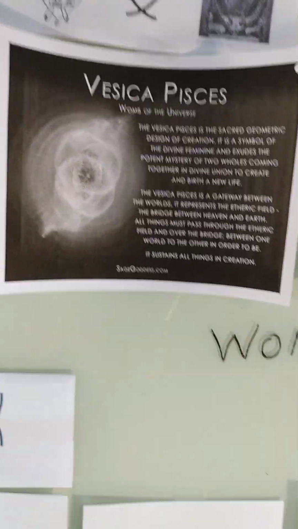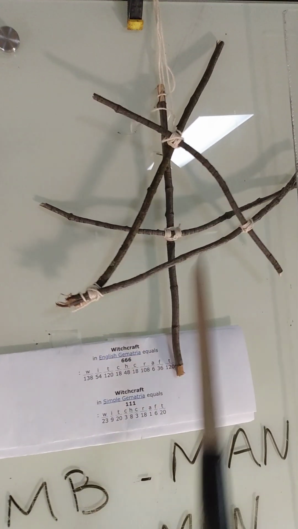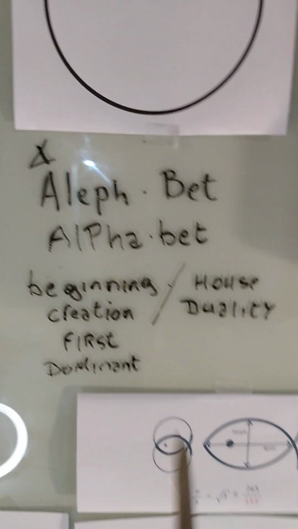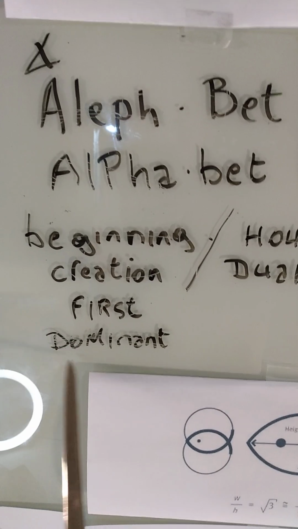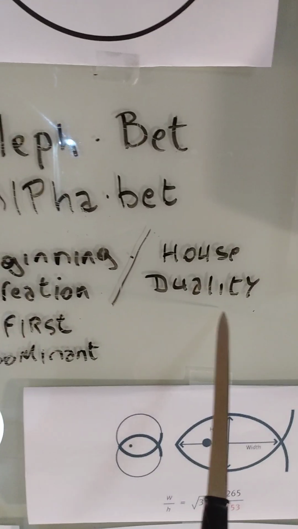So that being said, we all know it has to do with the aleph-bet. No, this is aleph-tav, which is the first letter of the alphabet and the last letter of the alphabet. And this all started with witchcraft. So your whole alphabet started with witchcraft, and you have aleph-bet, beginning. So we live in a world of dominant duality, and it has to all do with our alphabet.